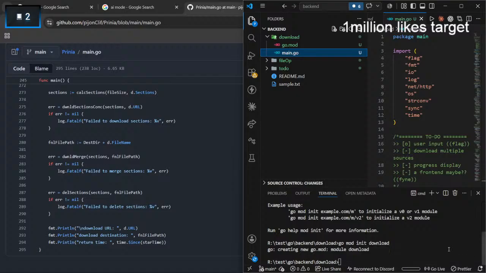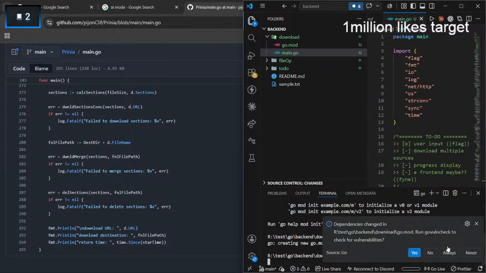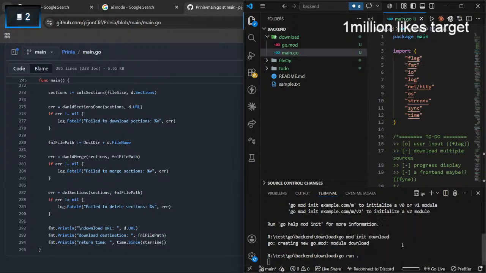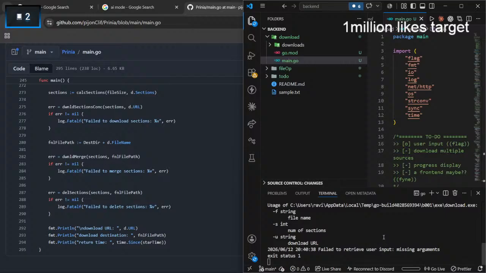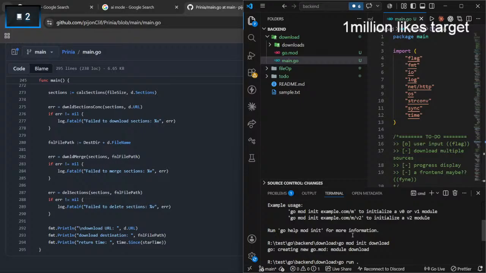Now we should go. What is the function to run? Is it CLI, or maybe it will open in the web browser? Okay, failed to retrieve the user input, missing argument.